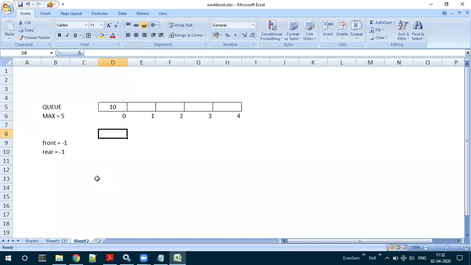In that case, both front and rear will be pointing to the same position, that is, the 0th position. Now say there are two elements, 10 and 20. In that case, rear will be pointing over here. Or if there are more elements, suppose there is a 30, then rear might be pointing to this particular position.